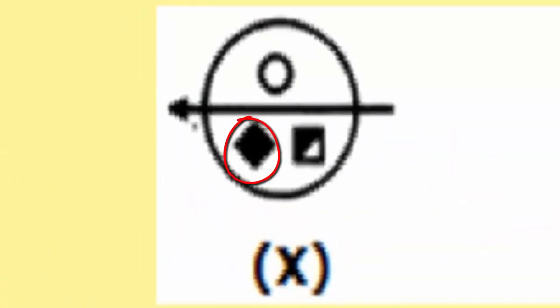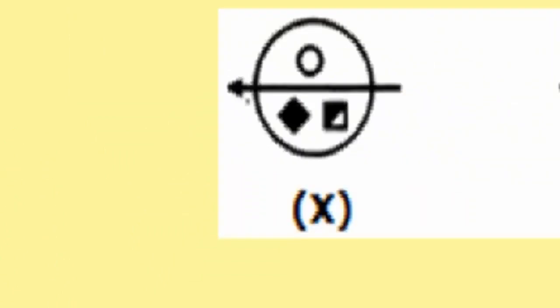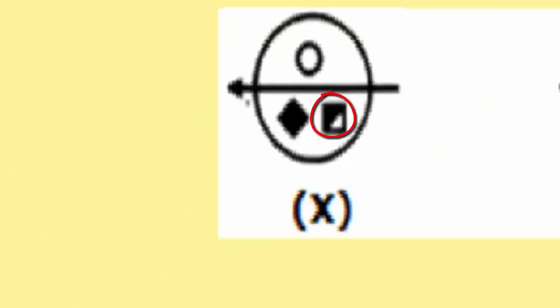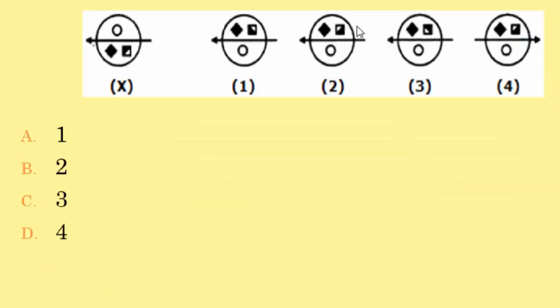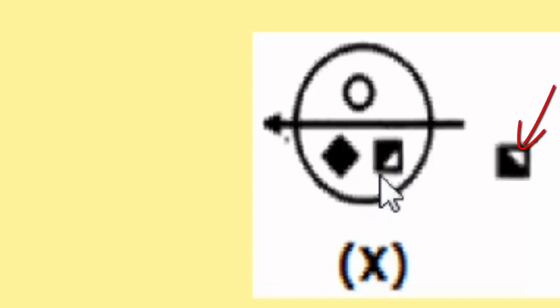And we have a black rhombus on the bottom left. So this black rhombus should go to the top left, which is also correctly represented in all the 4 figures. Then this square on the bottom right should go to the top right, which is also correct in all the 4 figures. So I need to look inside the square for a clue. I see that this white triangle is on the bottom right. So this white triangle in the image will go to the top right, and the diagonal that is running upwards from left to right should run downwards from left to right.